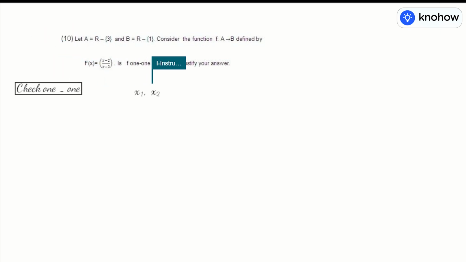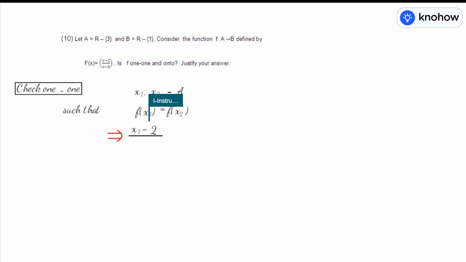Let x1 and x2 be two elements in set A, such that f(x1) equal to f(x2). Now what is f(x) equal to? x minus 2 over x minus 3. So f(x1) will be (x1 minus 2) over (x1 minus 3), and f(x2) will be (x2 minus 2) over (x2 minus 3). And now